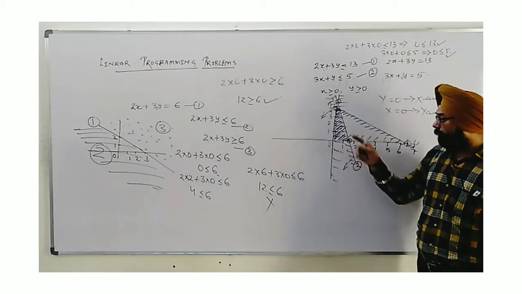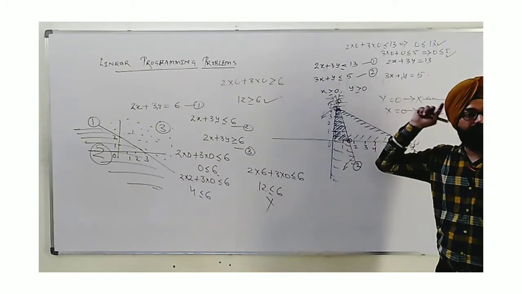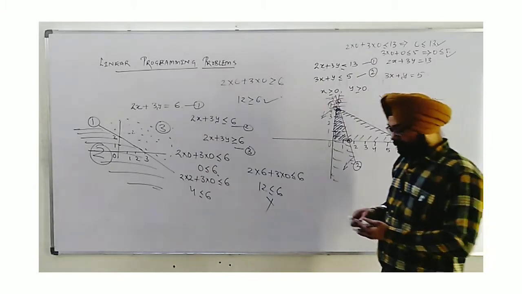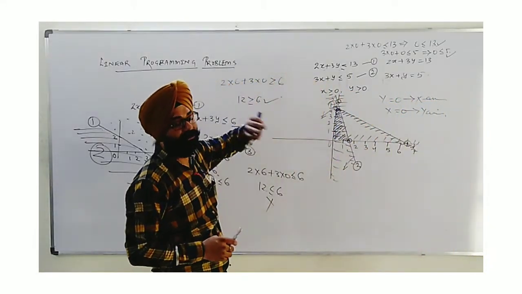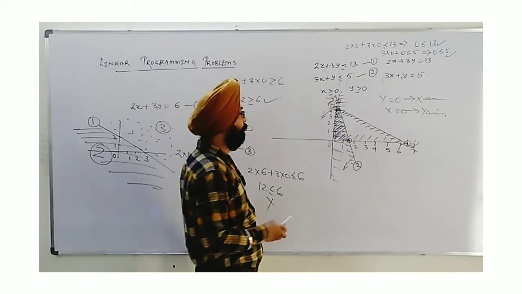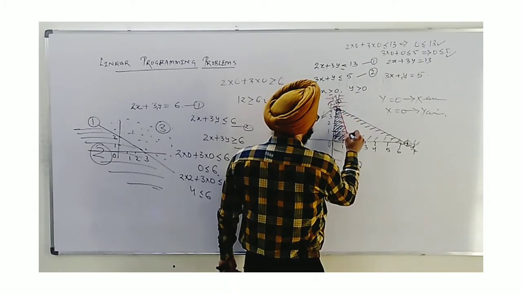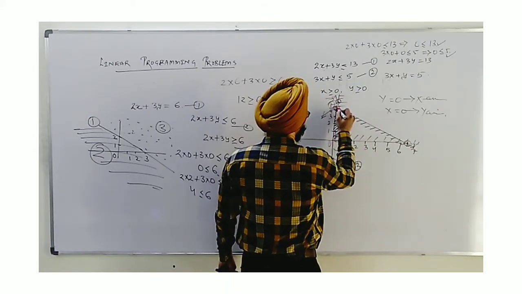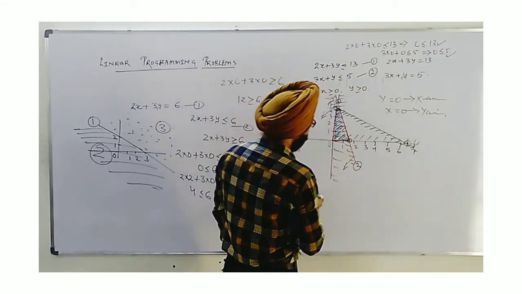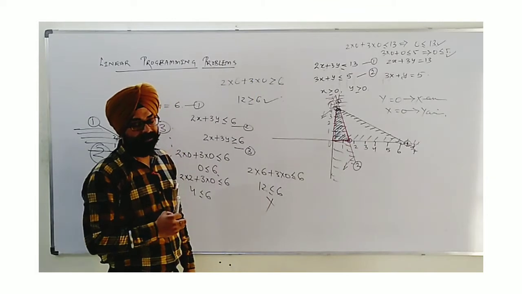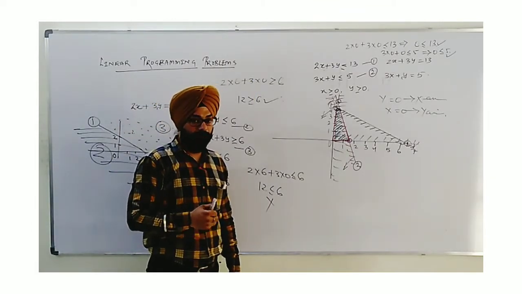For this purpose also you can pick any point randomly from this region and you can put it in all the inequations. You will see that all are being satisfied. We have to be actually focused because this is just an illustration. Only two inequations are taken. You may be given 3 or 4 also. So here we get such a region and we see that this is surrounded by line segments, and this is in the form of a polygon. Generally whenever we get such a region, we get a polygon only.